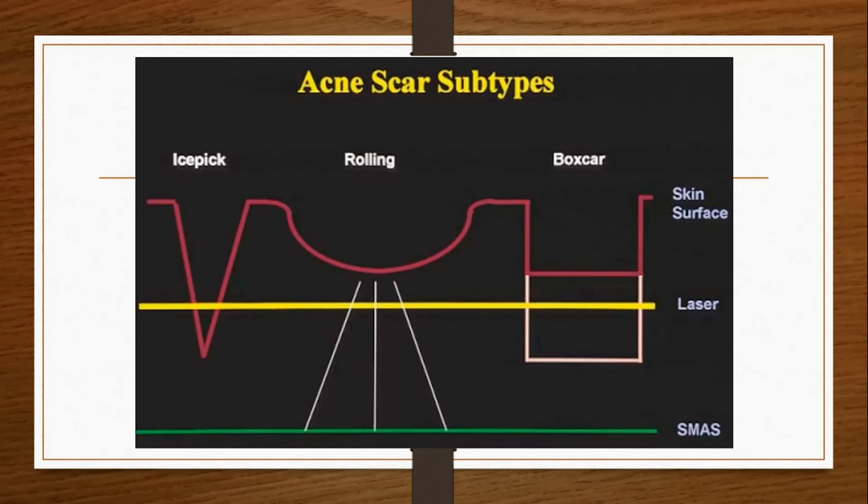Yes, these are the common types of acne scar which I've already described. This is an ice pick acne scar, and this is how ice pick acne scar looks in actuality. This is a rolling scar, and this is a box scar. So this is how the different types of scar differ. In rolling scar, there is mostly an abundant fibrous band beneath the scar in the dermis, extending up to the subcutis. Next, please.